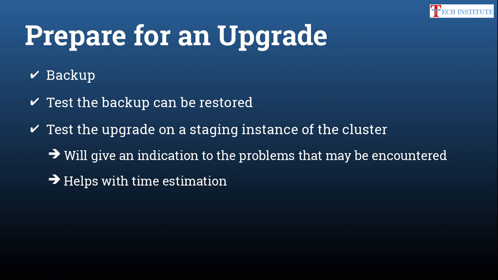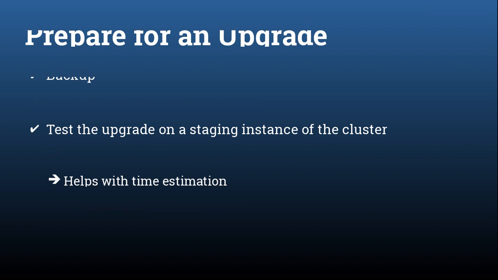This also helps you with the time estimation. If you do it on a non-prod system, you will know how much time this patching activity requires. Then you can go back to your change management process and raise the change accordingly and communicate it to all the stakeholders: this much time it will take, this much time there will be an outage, this much time your service will not be accessible. It also helps you prepare the run book, which can be referred to later while doing the production upgrade. So there will be no surprise steps, because you have already tested it on the staging instance. So that's all for now.